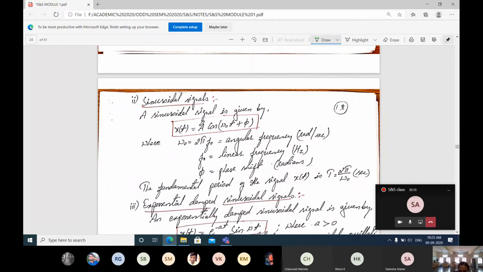Here you can ask the question, why have we taken only cos? I can take sin also, right? In a regular fashion we will be preferring sin, but when I'm going to take a signal, what is the sine function? From 0 it will start and it goes on. Okay, from here it will be starting.